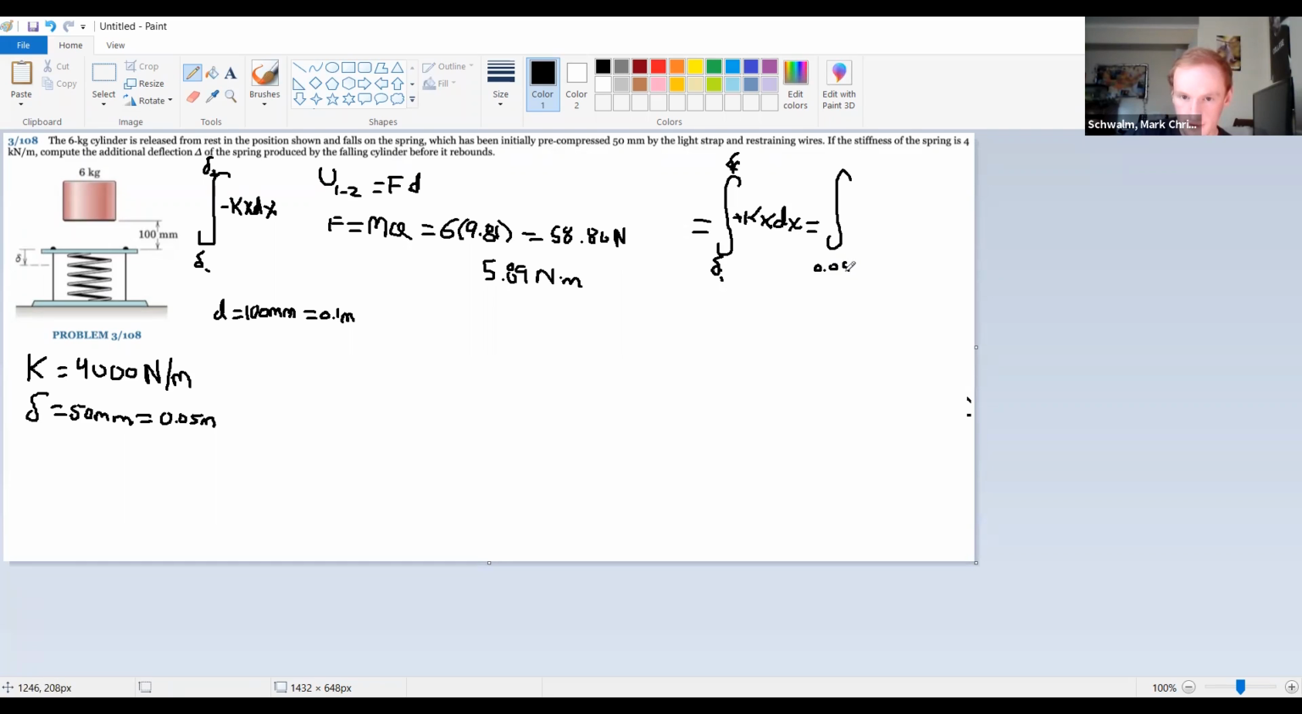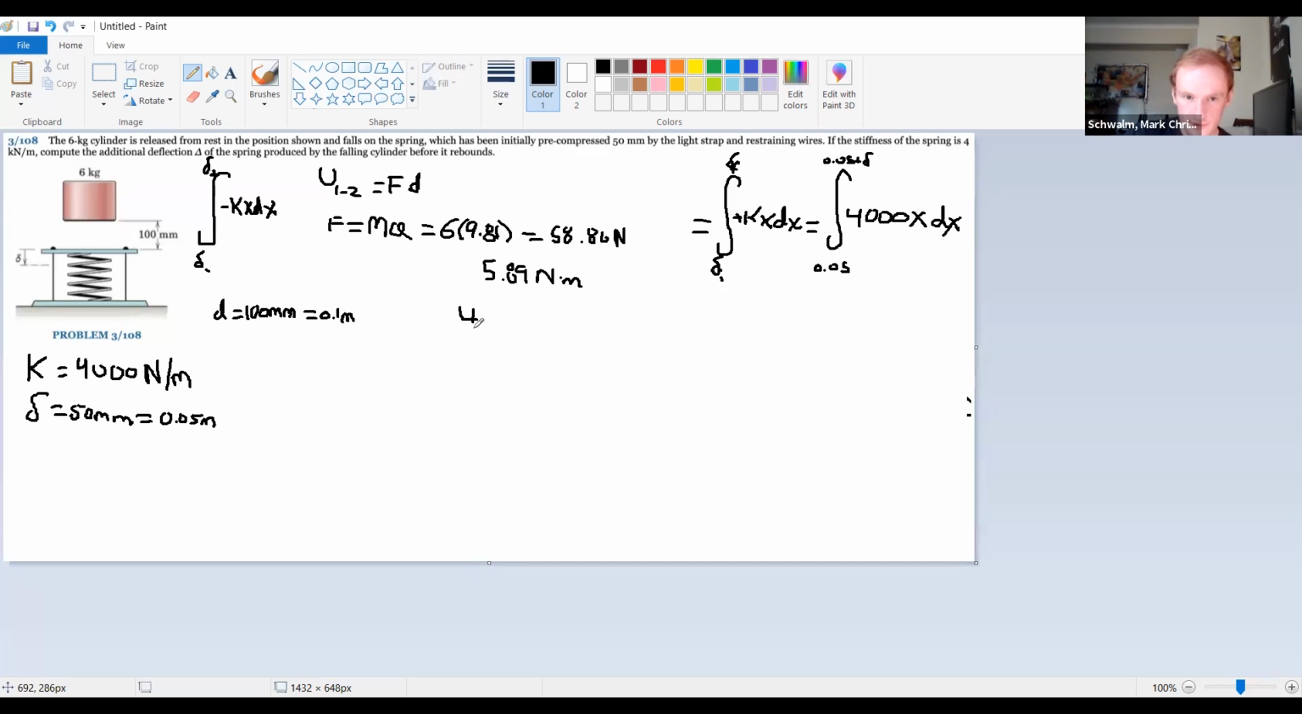0.05 as our initial deflection. And then we have 0.05 plus this final deflection, which is what we're looking for. And then we have 4,000 times x dx. All right, so if you take the integral here, we're going to get something like,